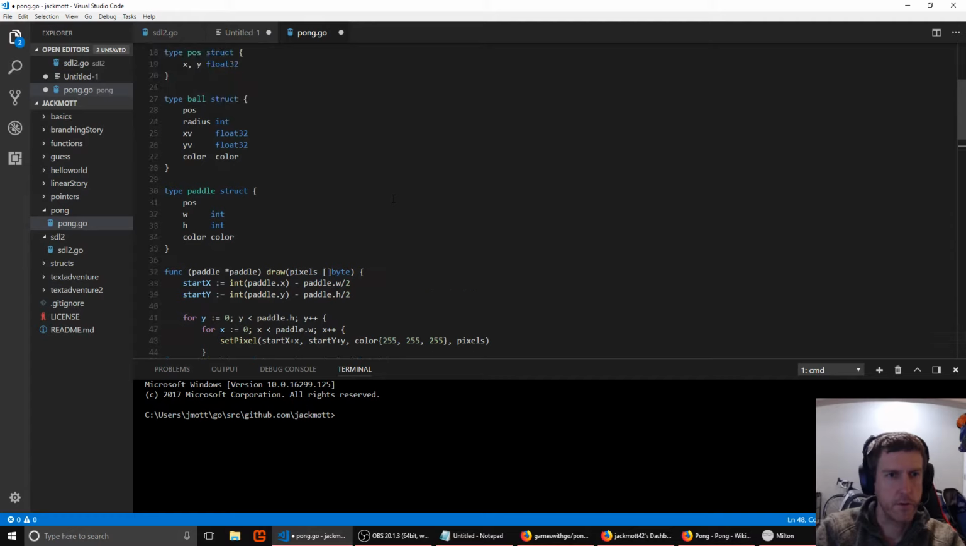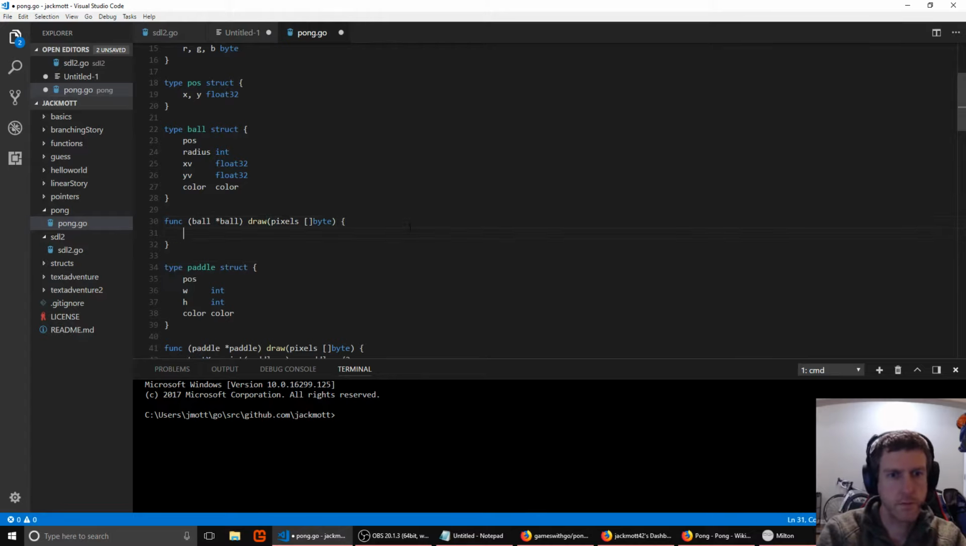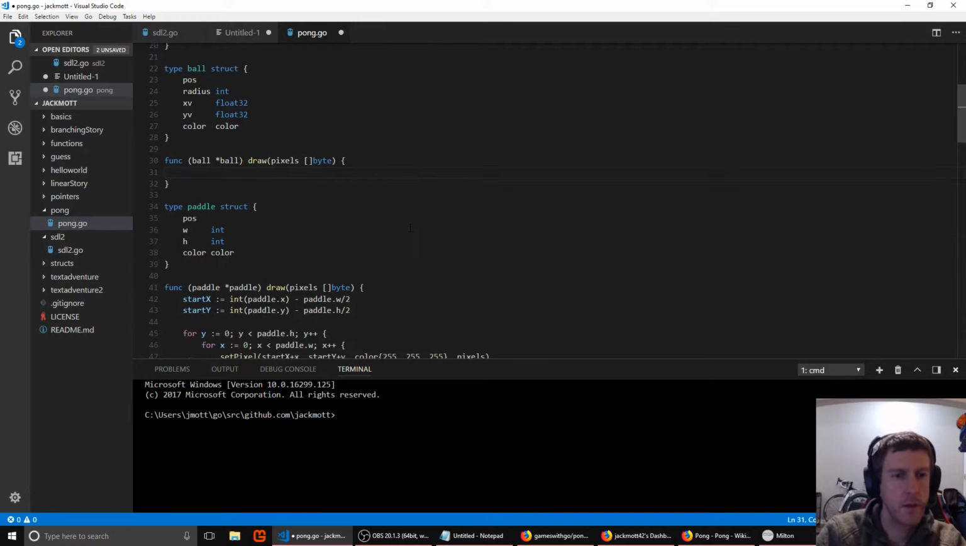And then let's also do one to draw a ball. Let's keep the ball functions near the ball. This is going to need pixels as well. All right, so drawing the ball, we're going to do something that is probably not optimal from a performance standpoint, but it will be pretty good. So what our approach is going to be,